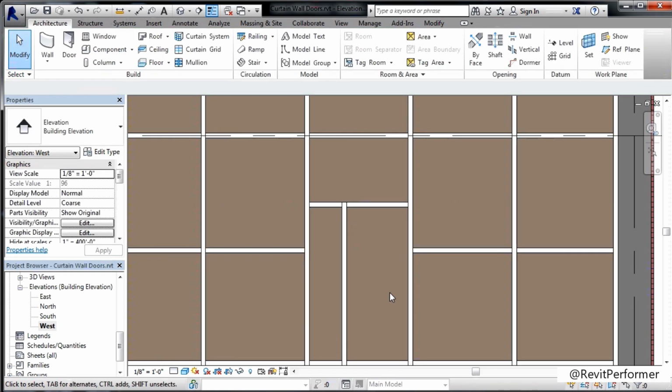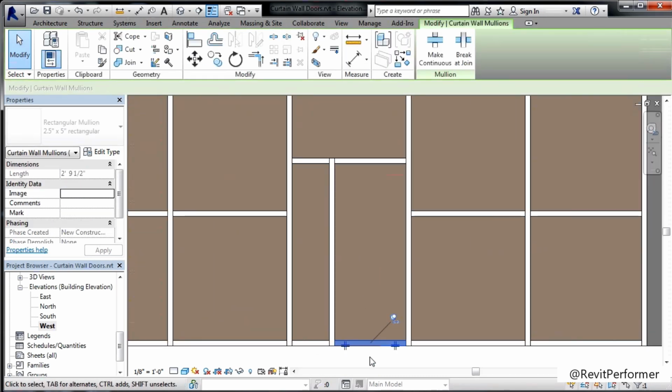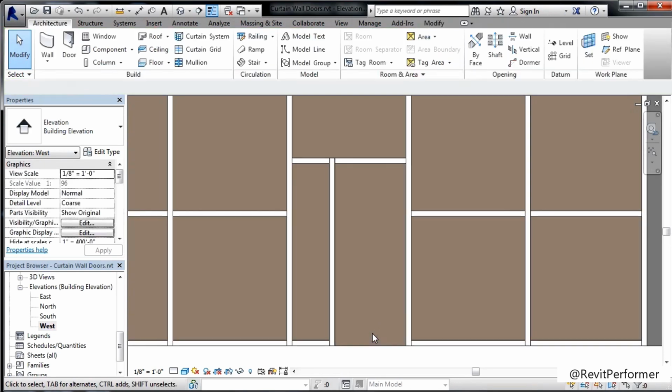Once all that's been accomplished, the next thing is to actually put in our door. Down here at the bottom mullion, click on it, click on the little pinhead, and then select the delete key on your keyboard because we don't need that. Next, click the tab key on the keyboard until that panel is highlighted in blue. And if you look really close, you'll see that there's a blue line going all the way around the panel